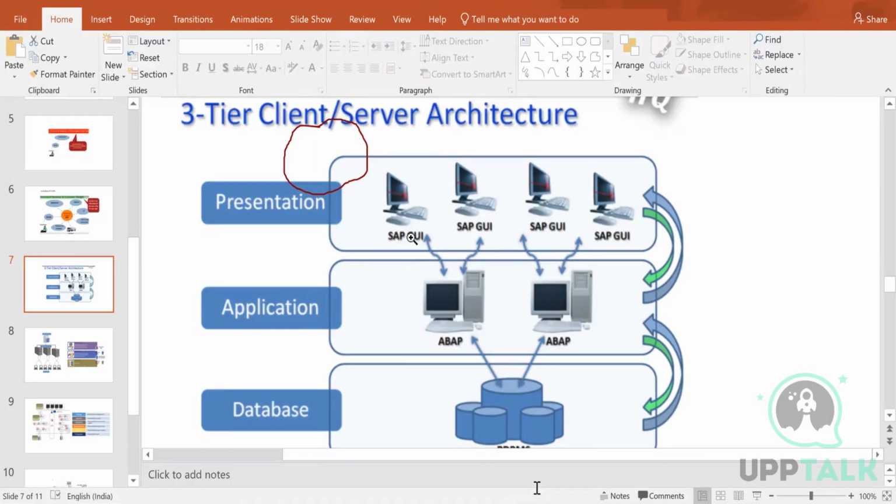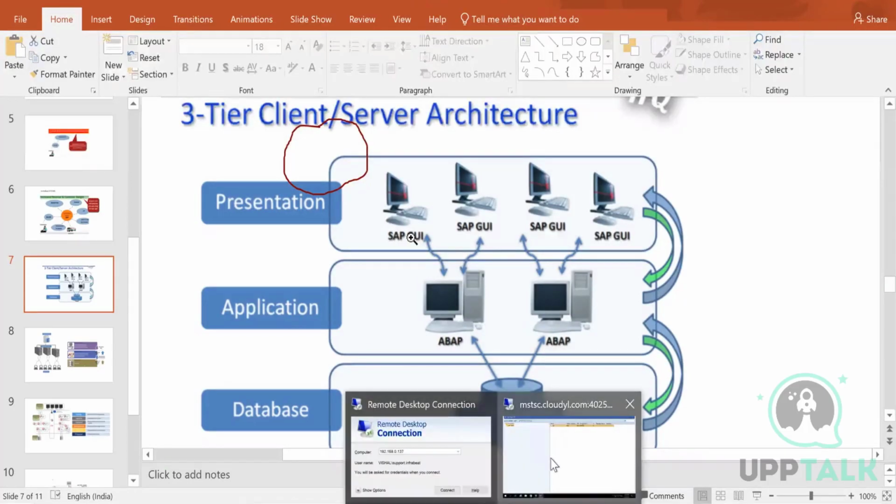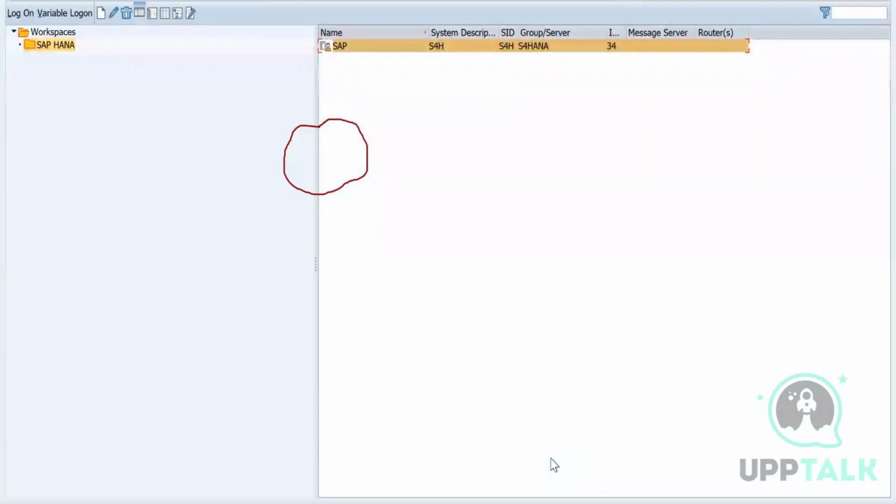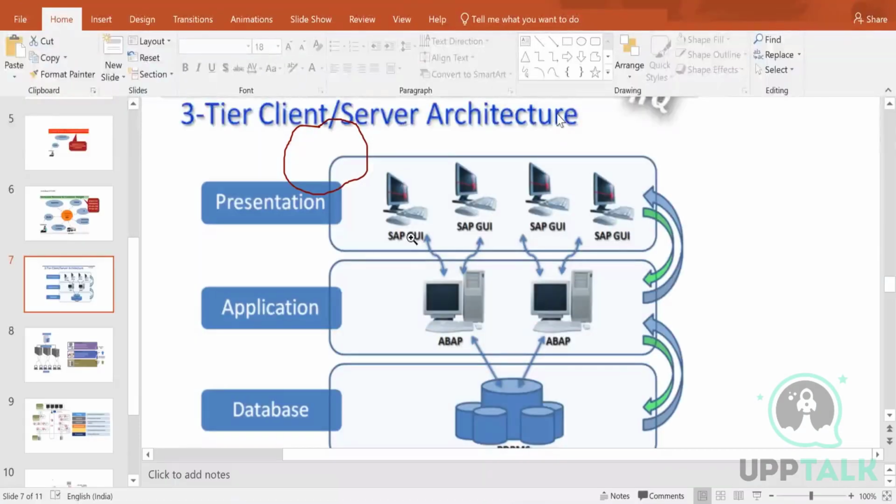SAP GUI, how can I access it? Because you said RDP is one thing which we know. Yeah. So RDP is accessing the server directly at OS level. Correct. And SAP GUI is like, suppose you have an MD in your company, a managing director,